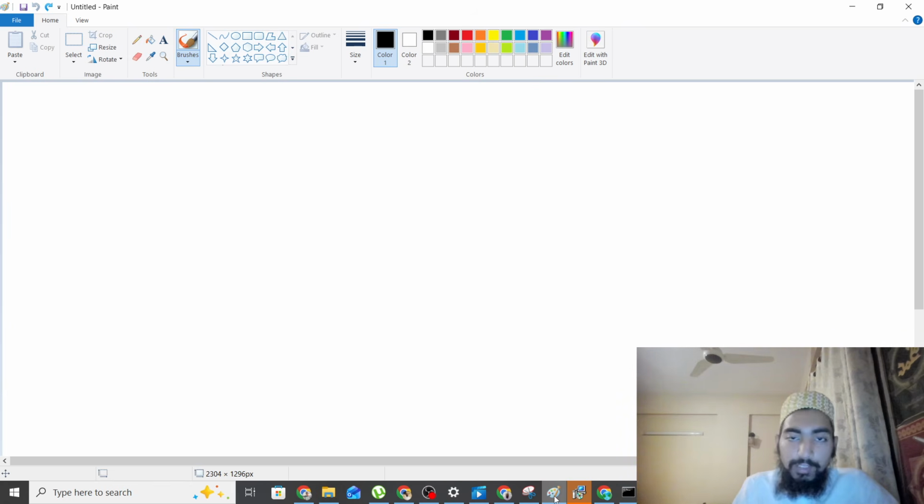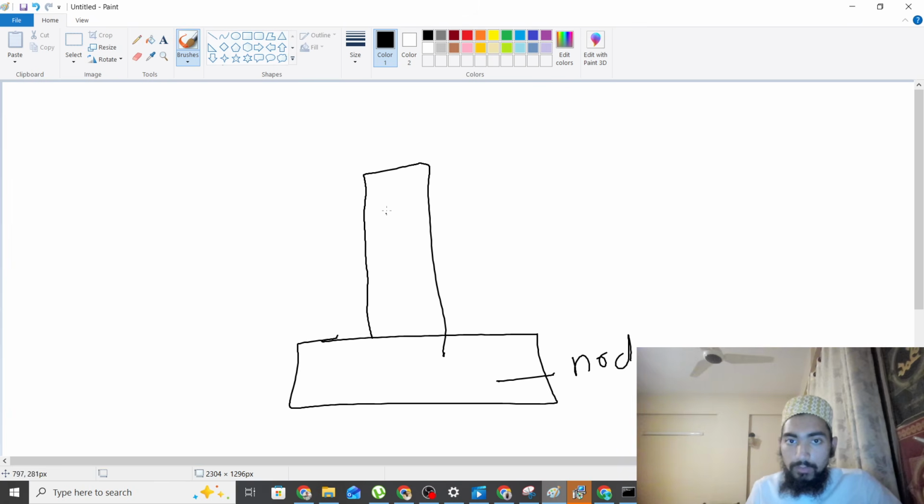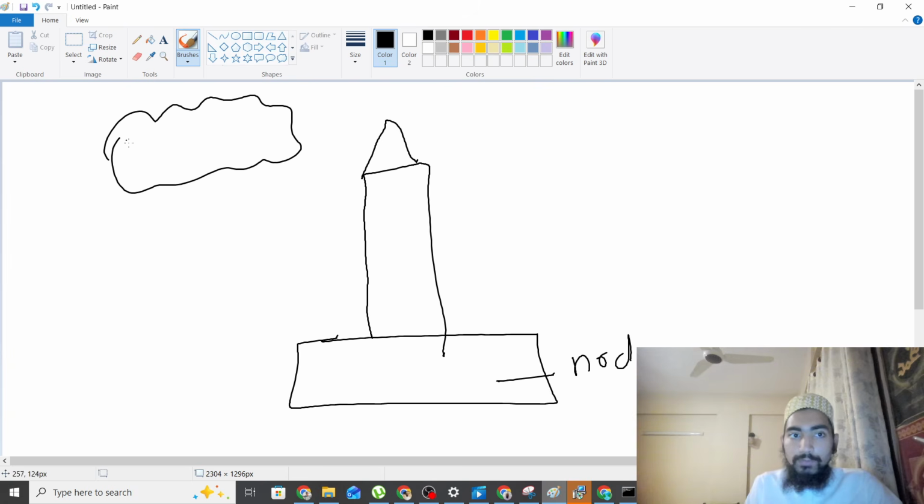So this is the Node.js, which is like a launchpad for our rocket. The rocket is OpenClaw, which will take us into the skies of autonomous agent, autonomous AI,